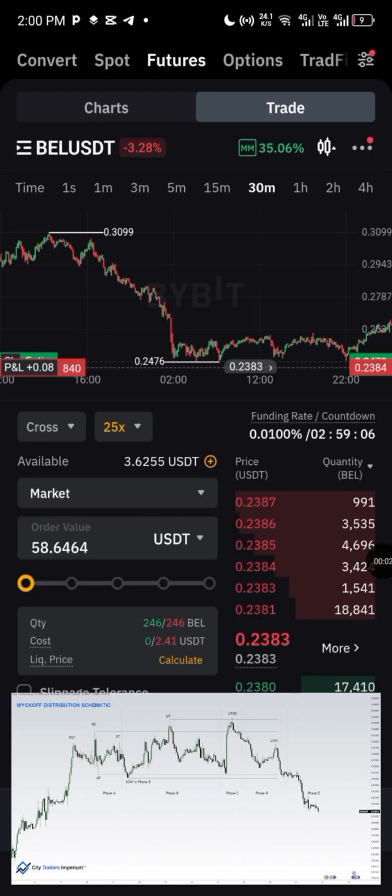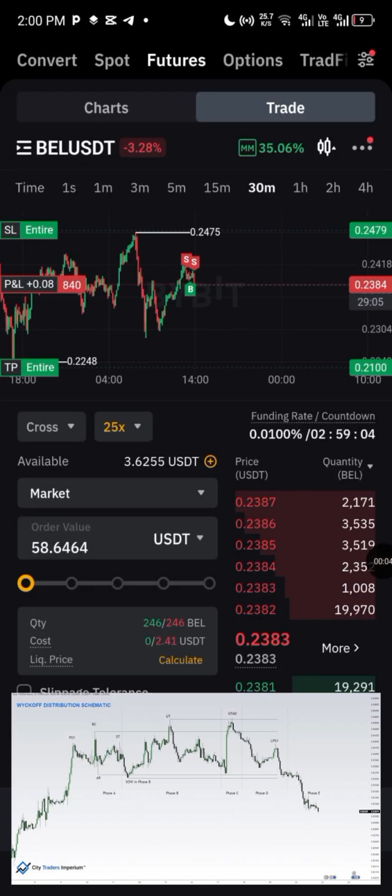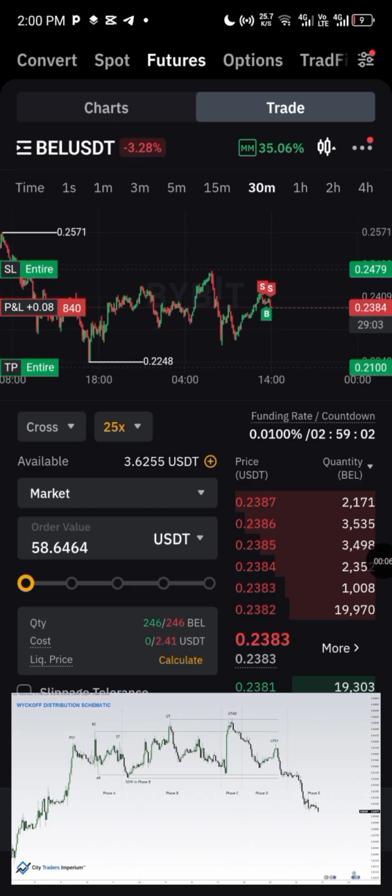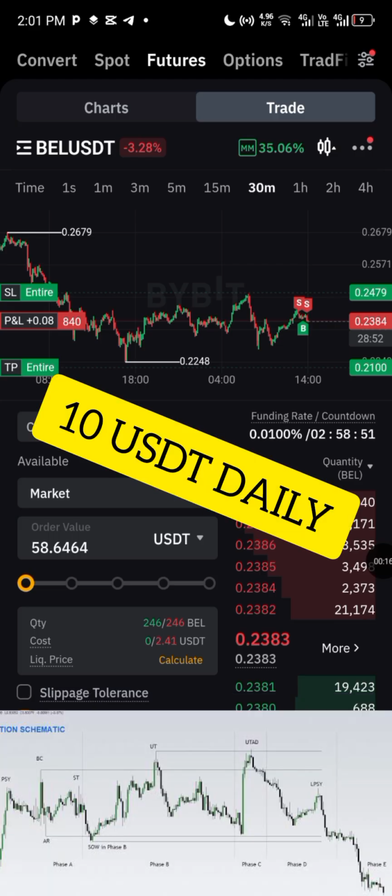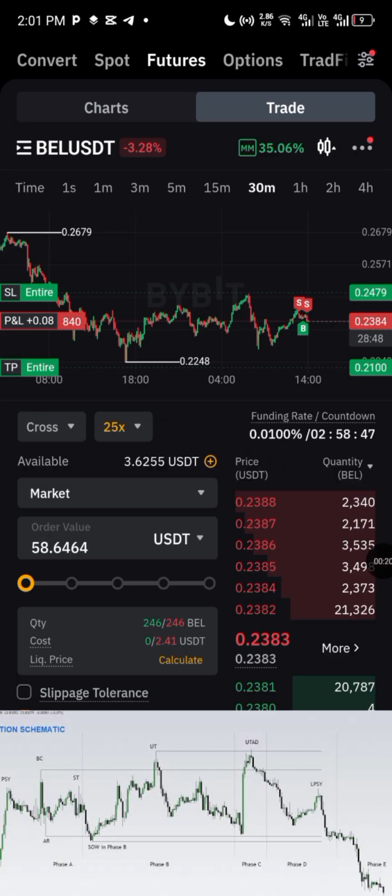Hello guys, there's a particular trading pattern that works 95% of the time, but it's quite difficult to see. So I'm going to show you a step-by-step guide on how to trade BYBIT futures trading and how you can make at least $10 every single day using this strategy. It's very simple, but like I said, it's not so easy to see. But once you see it or once you spot it, probably maybe twice a day, you can make $10 every